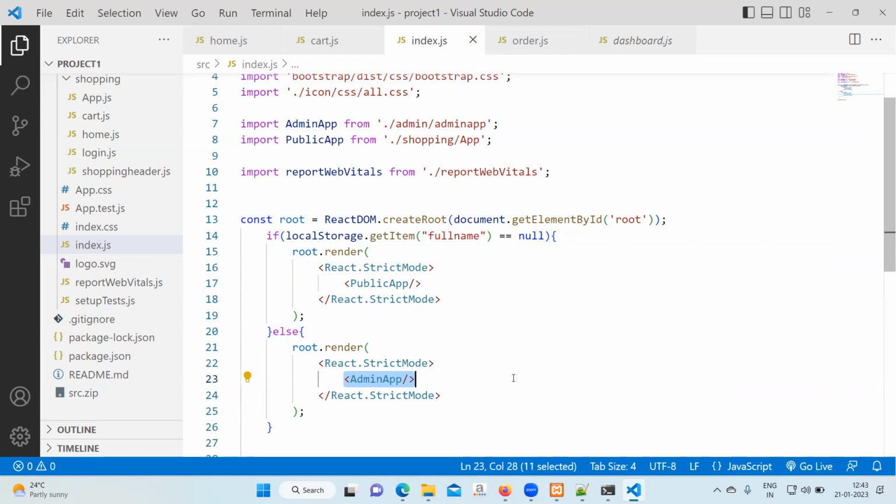Please add the condition. Let me know in the chat. After adding the condition,